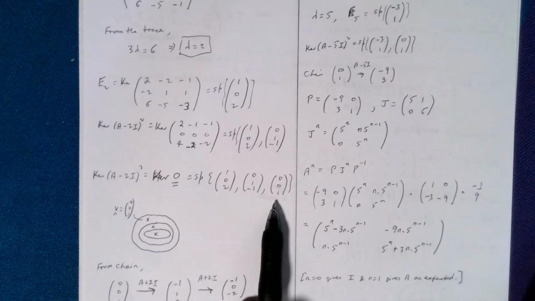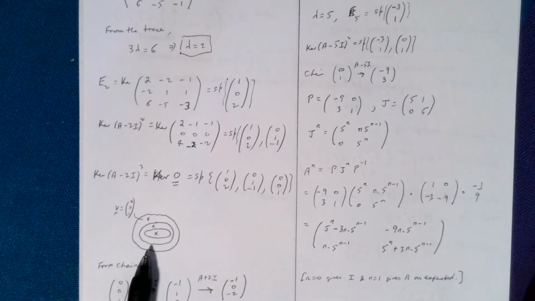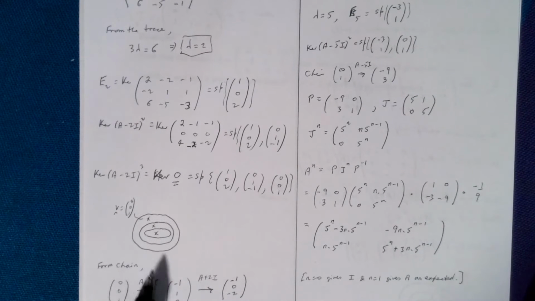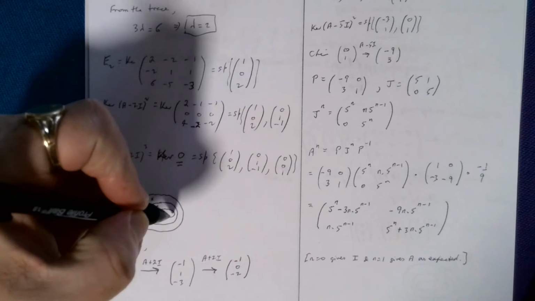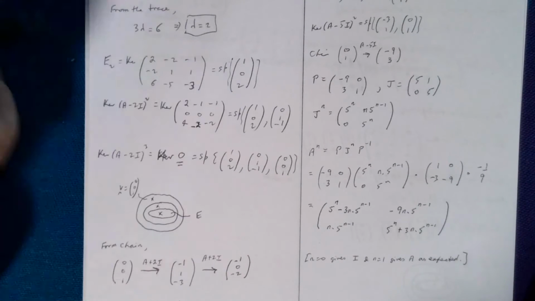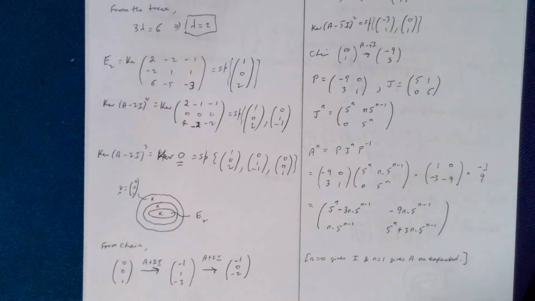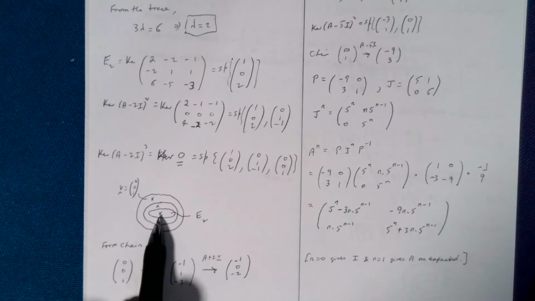So in terms of our onion diagram, which is always worth drawing, as we'll see, it's very useful in larger examples as we move on. We've got our eigenspace in here, so this is the eigenspace for lambda equals 2, and it is spanned by one vector. We now look at the